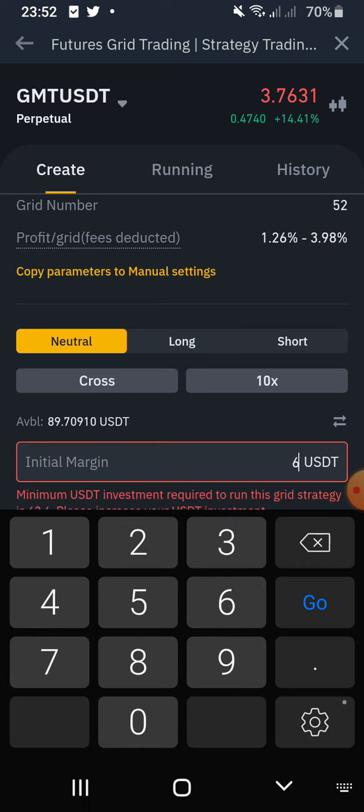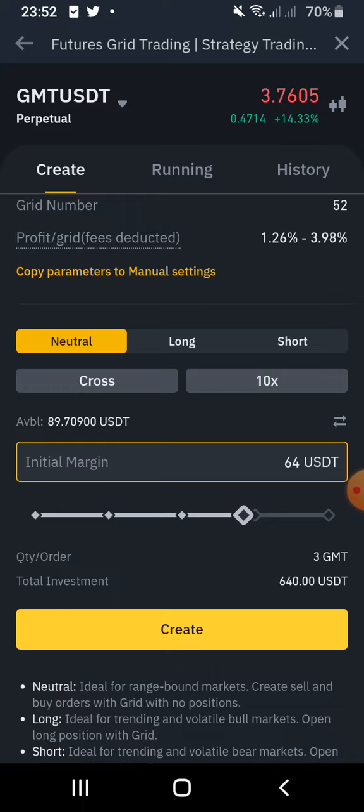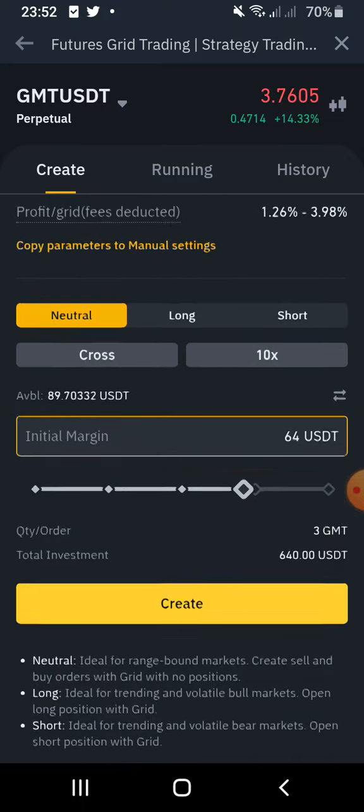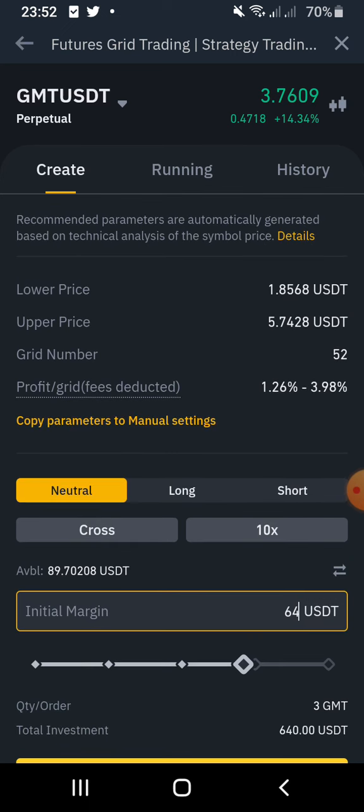We can put 64 USDT here. Once you click on the 64 USDT, you can now click on the create option. You also want to take note of the grid number. 52 grids will be created for you, which means the 52 grids are a combination of both buy and sell